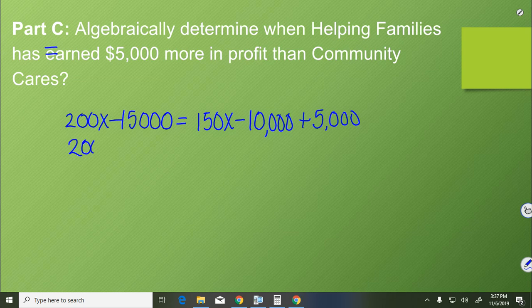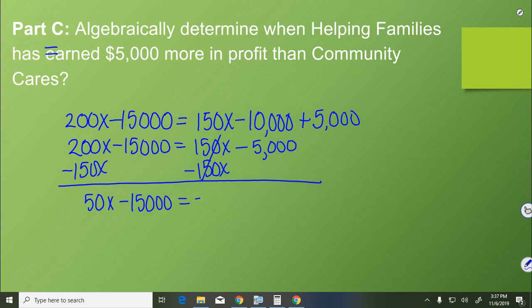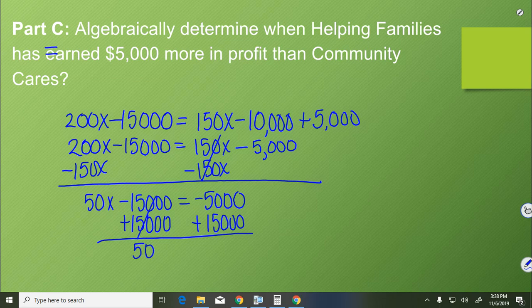So we simplify by adding negative 10,000 and positive 5,000, which makes this negative 5,000. Then we could subtract 150x from both sides, which gives us 50x minus 15,000 equals negative 5,000. And then we add 15,000 to both sides. So 50x equals 10,000. And then we divide by 50